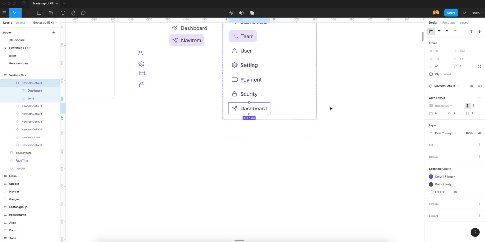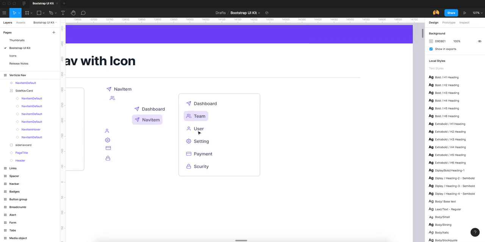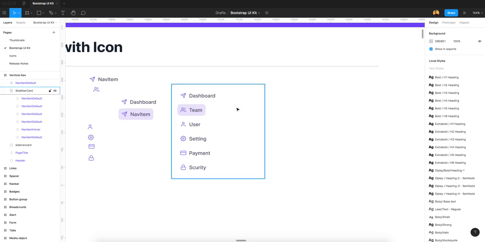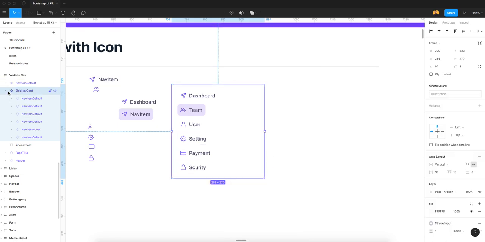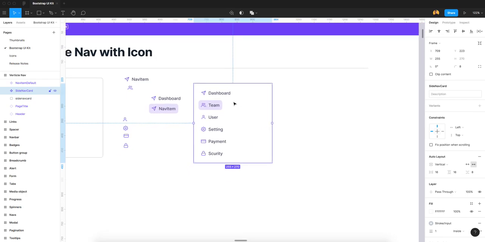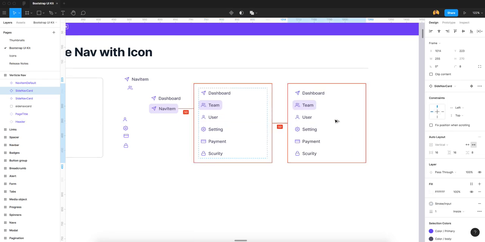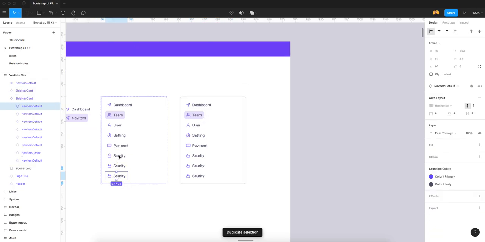I'm just going to redo this. Okay, see, this is the very initial level of creating a side nav. You will create multiple different types of side navs and nav bars. I'm going to convert this into a component. Now this becomes our complete vertical side nav. Now you can duplicate it and use this in all your designs. If you change the primary, it will change in all your designs.